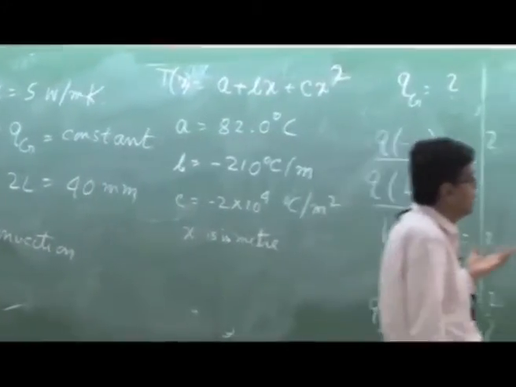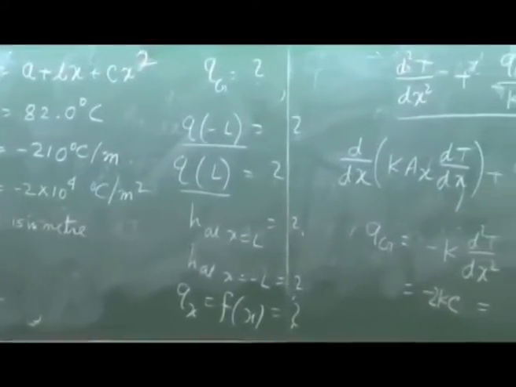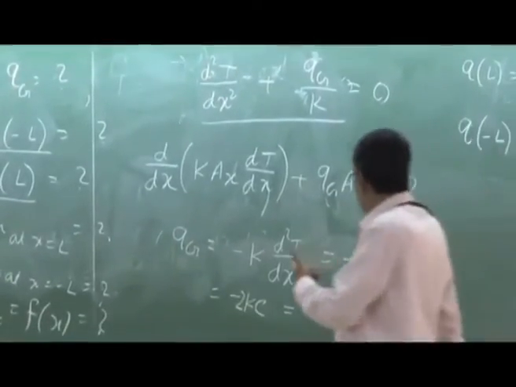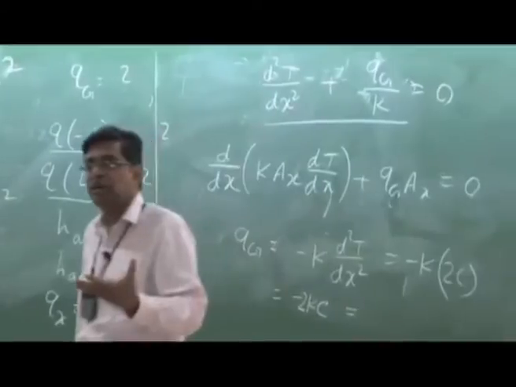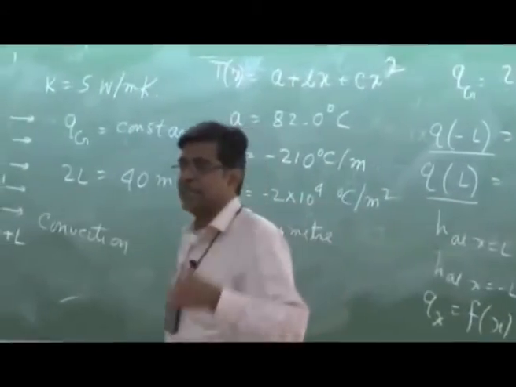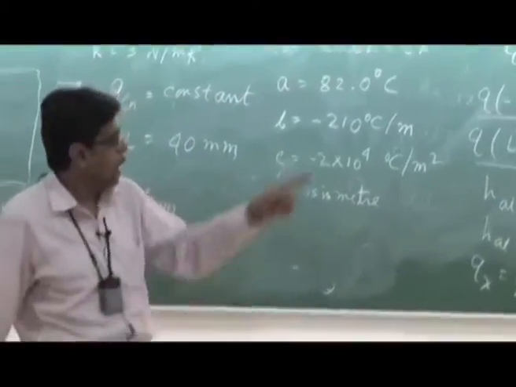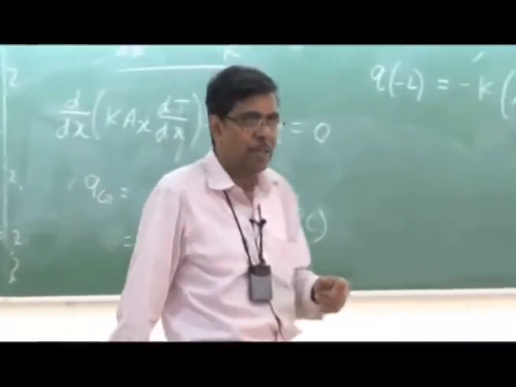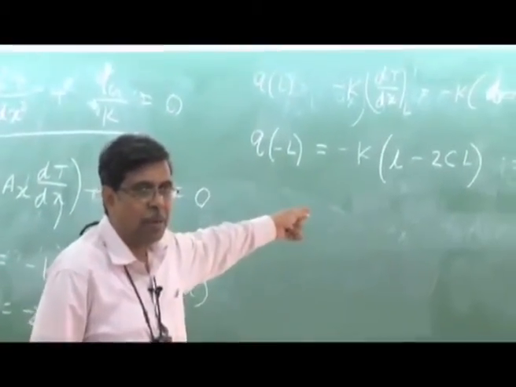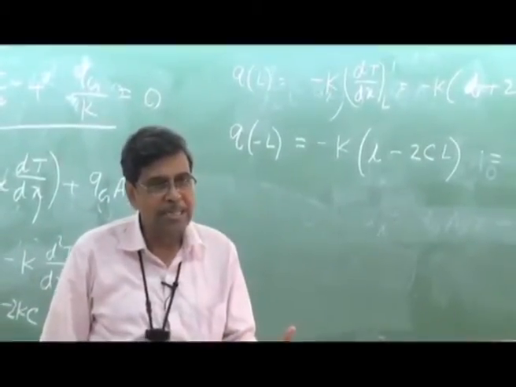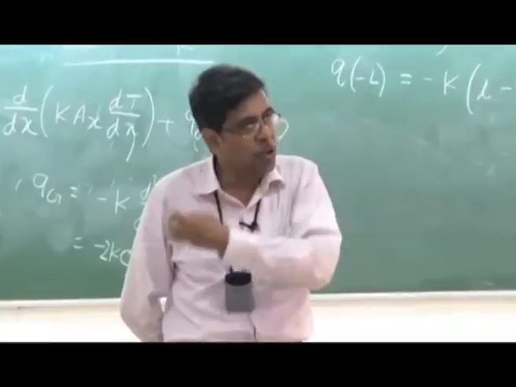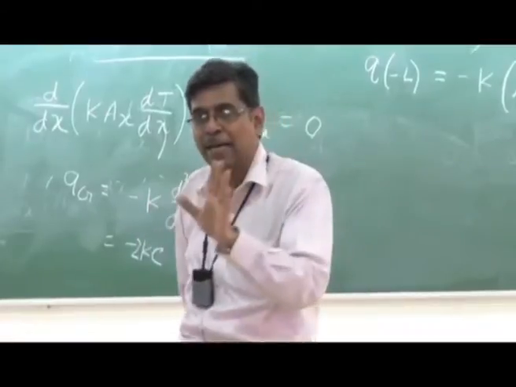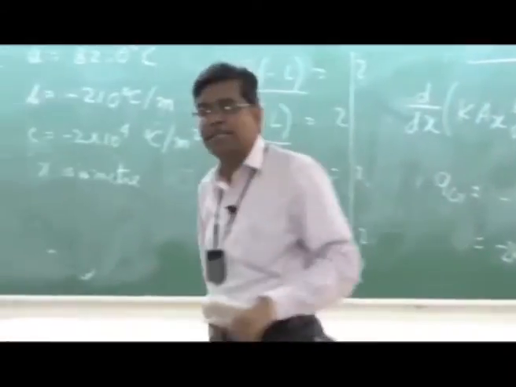So the heat flowing out is this plus this, which will be equal to, you can check the value of Q we have obtained, Q into the volume, that means cross-sectional area times the length. So per unit area, this has to be matched. You see that it will be matched. So these two fluxes added together must be equal to the total heat generation per unit area. That means your Q value times the 40 millimeter length. Clear?